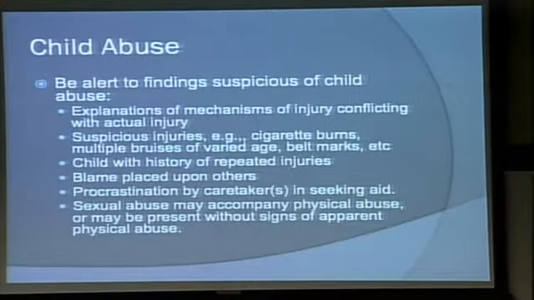Suspect child abuse if the mechanism the adults tell you happened seems to conflict with the actual injury. Suspicious injuries are obviously cigarette burns, bruises of varying ages, belt marks. Don't forget that sometimes when you see bruises of varying ages in kids, the kid may have a hematologic abnormality. But still be suspicious. Child with repeated injuries,